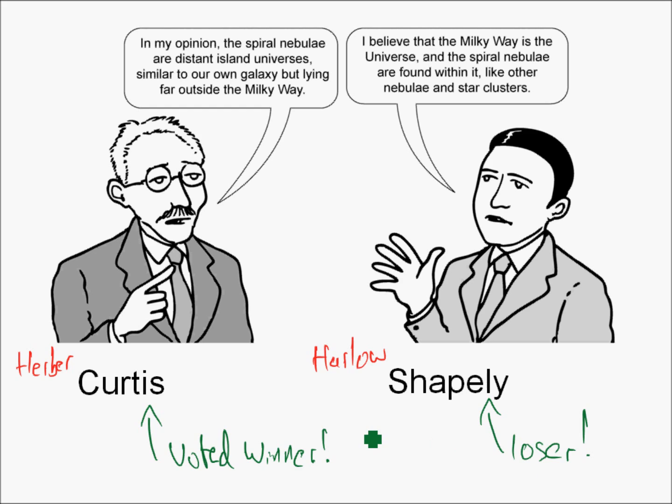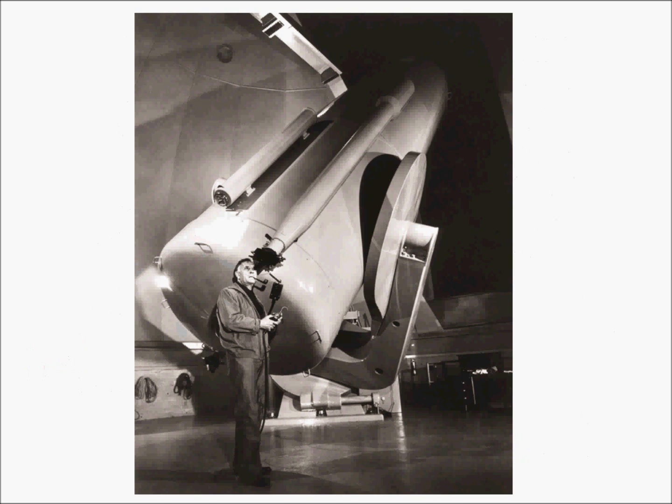But there was a big problem with Curtis's idea, and Shapley alluded to it in that rap: the data, the evidence. Curtis didn't really have much data to support his view, and the current understanding was based on Cepheid variables that Leavitt had helped them to find. But they needed to get more data, and the breakthrough came when this chap here, Edwin Hubble, came on the scene